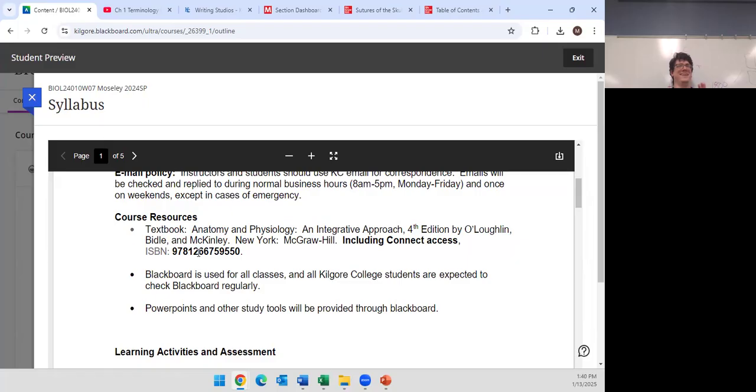If you try and enter this ISBN on Amazon to buy it thinking that you're going to get it cheaper, one, you won't, and two, it will sell you the wrong thing. Okay, so do not do that. Instead, this is basically just the ISBN code that we give the bookstore so that they get access to those access cards. Whenever you click any of the links in Blackboard that say McGraw-Hill, they will take you to the